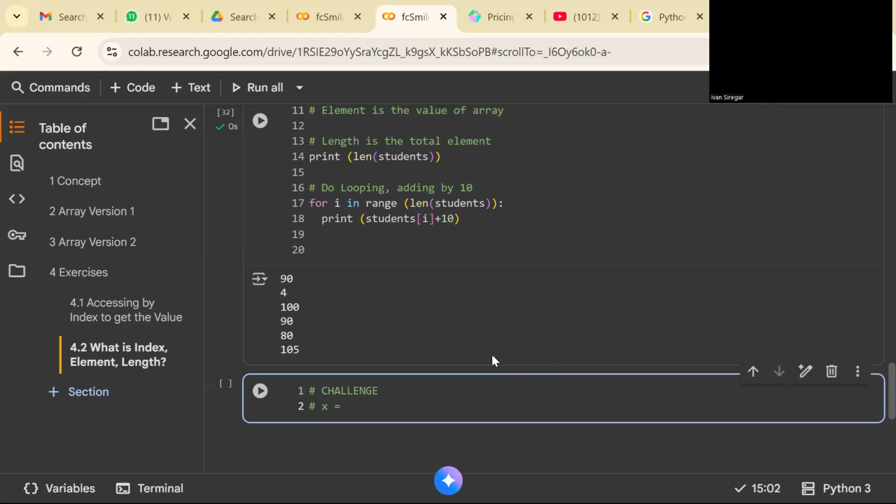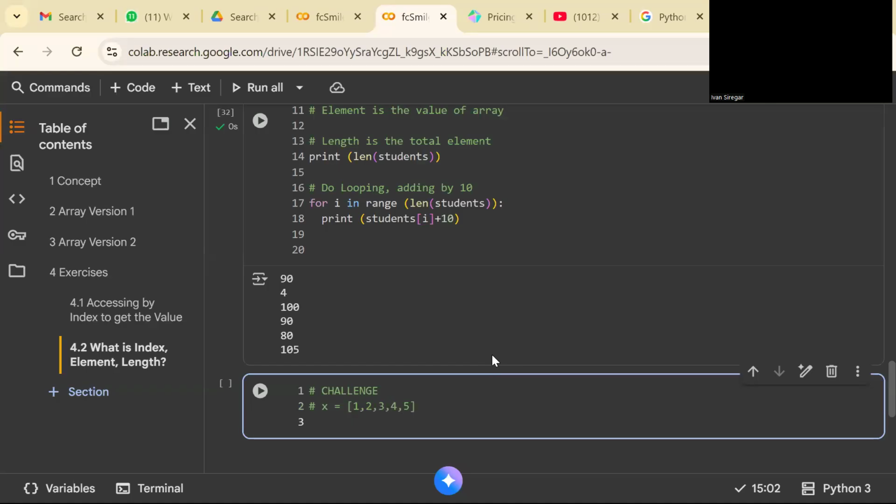X is the array 1, 2, 3, 4, 5, and Y is 30, 40, 50.